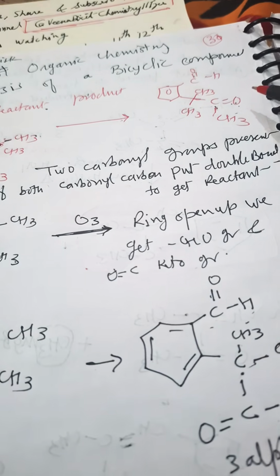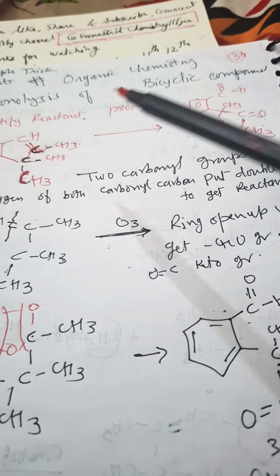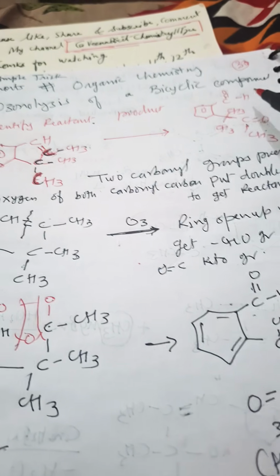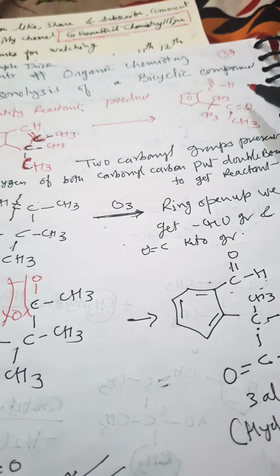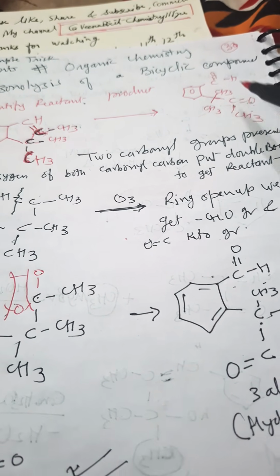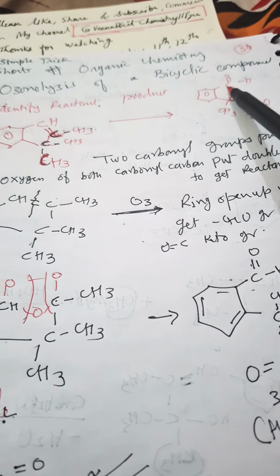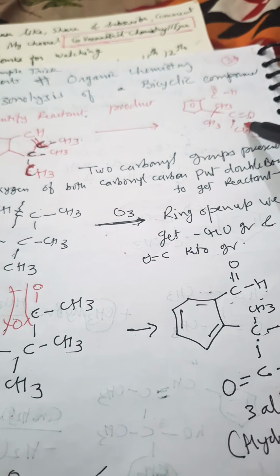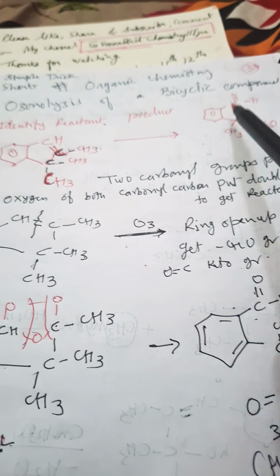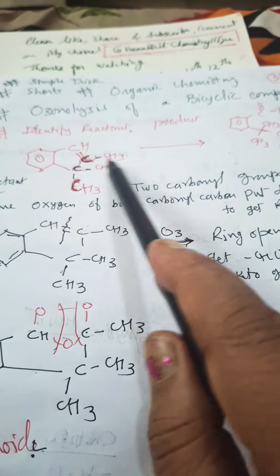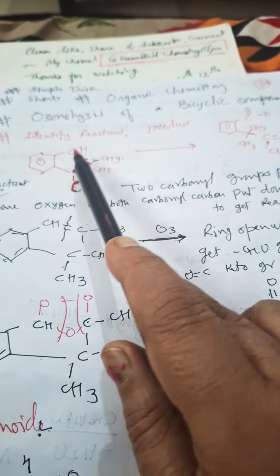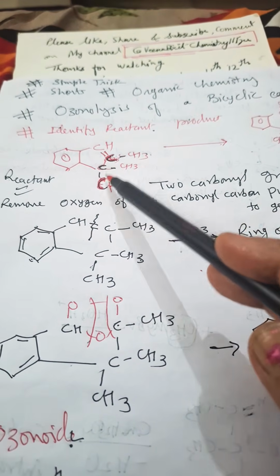So write down this product first, okay, and they are asking to identify the reactant which will give this product. So definitely here a dicarbonyl group is present. It means if it is cleaved, there must be a double bond between these two carbonyl groups. So remove oxygen from this, oxygen from here, and link these carbons by a double bond. So COCH3 was there, I removed O. CHO was there, I removed O. And link them together by a double bond. Very easy, we will get this reactant.